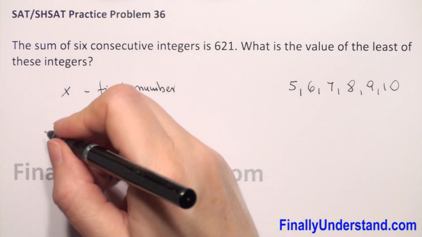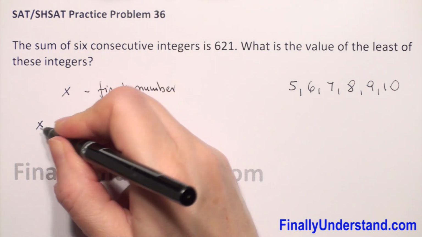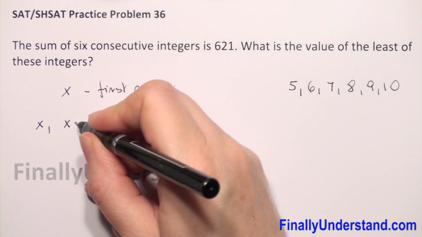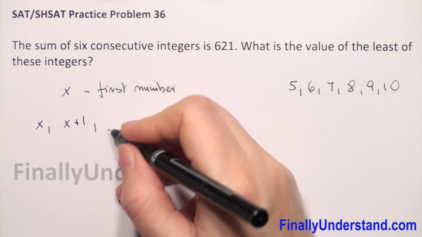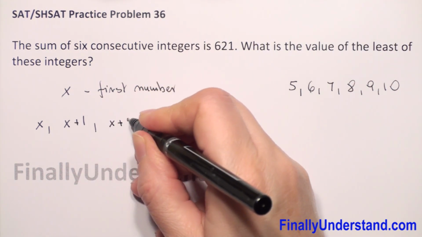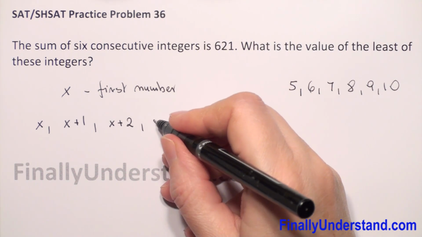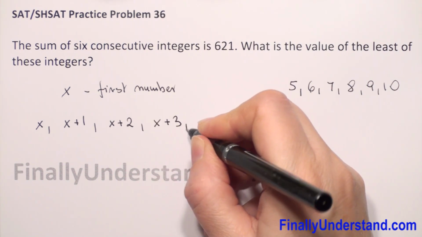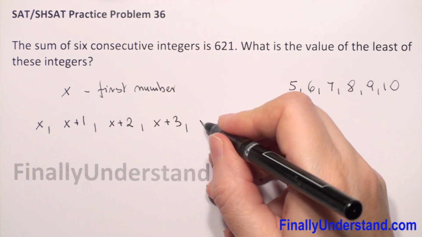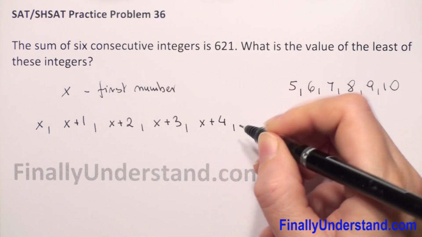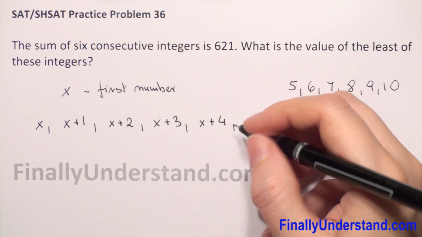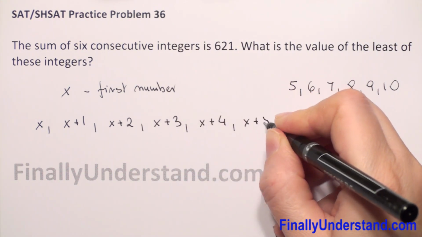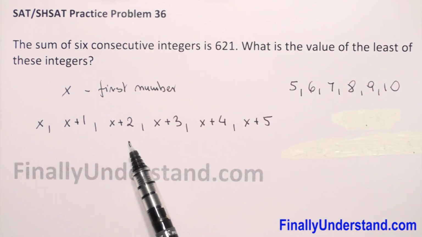so let me write, this is the first number, the second will be x plus 1. The third will be x plus 2. The fourth will be x plus 3. The fifth will be x plus 4. And the sixth will be x plus 5. So we have 6